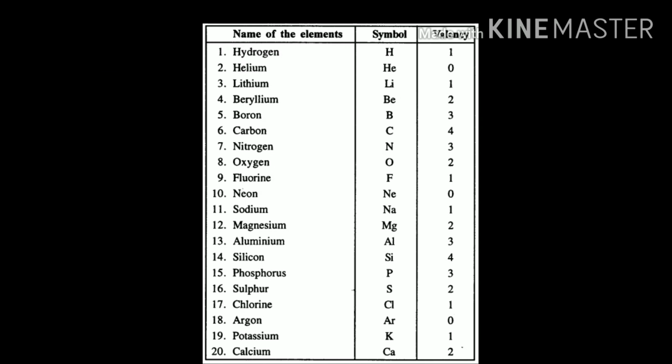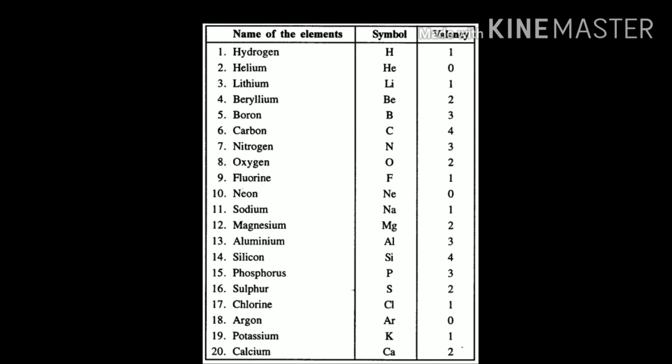So, the other examples: see here that the formula of carbon is C. That means the first letter of the English word. And oxygen, what is the symbol? That is O, because the first letter is O. Like that, nitrogen. What is the first letter? That is N, so the symbol is N. Like that, the first letter of an element is the symbol, and the symbol is always written in capital.